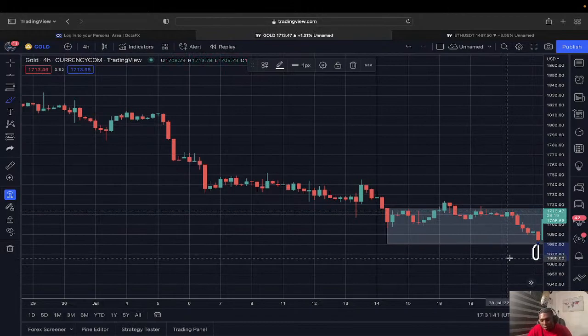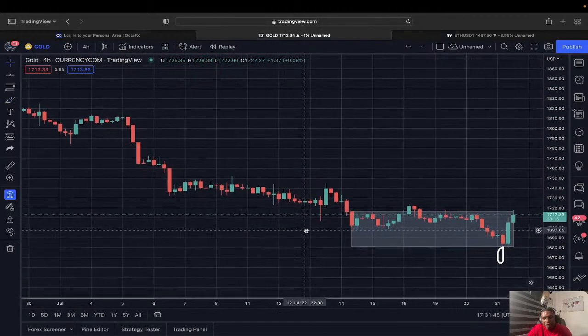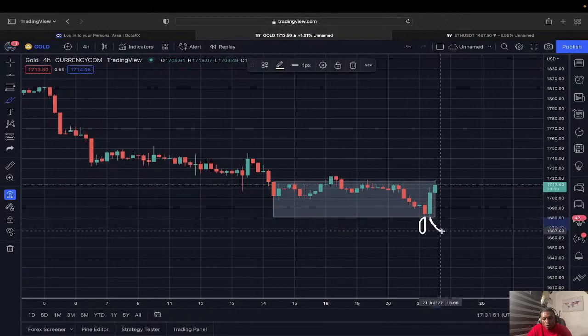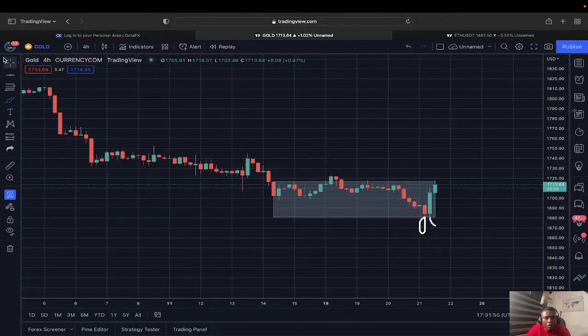If the next candle that comes after it opens, okay, what's going on,